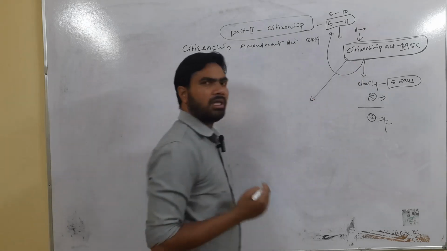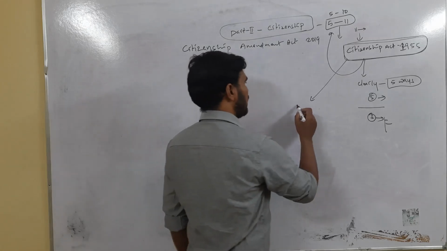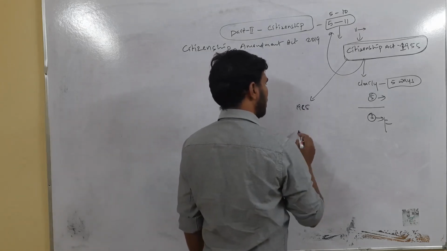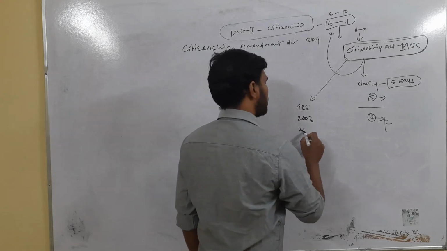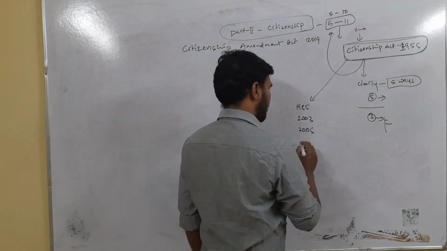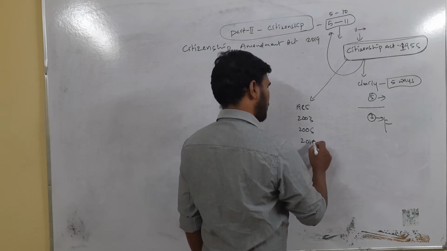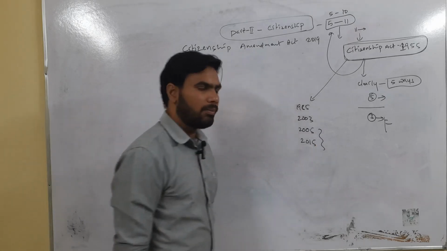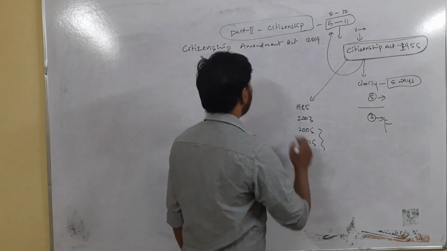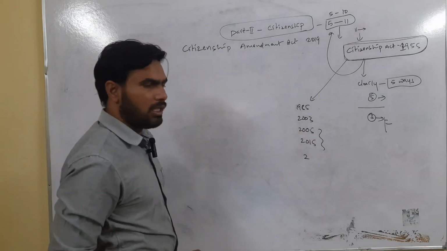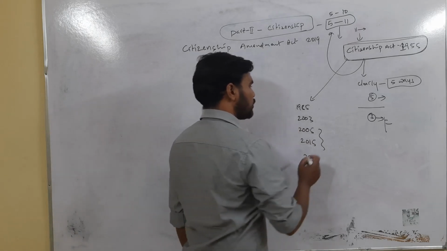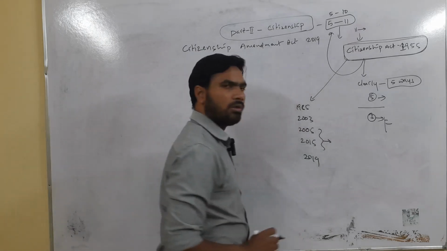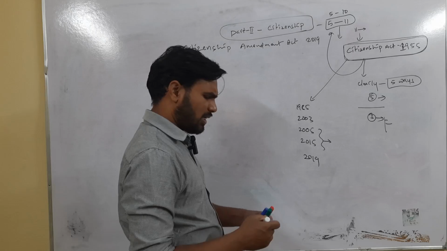Time and again there were amendments. In 1985 there was an amendment. Then in 2003 there was another amendment. In 2005 also there was another amendment. In 2015 there was another amendment. Then the very important amendment act which we are studying here is the one made in 2019. These two amendments, in 2005 and 2015, are related to